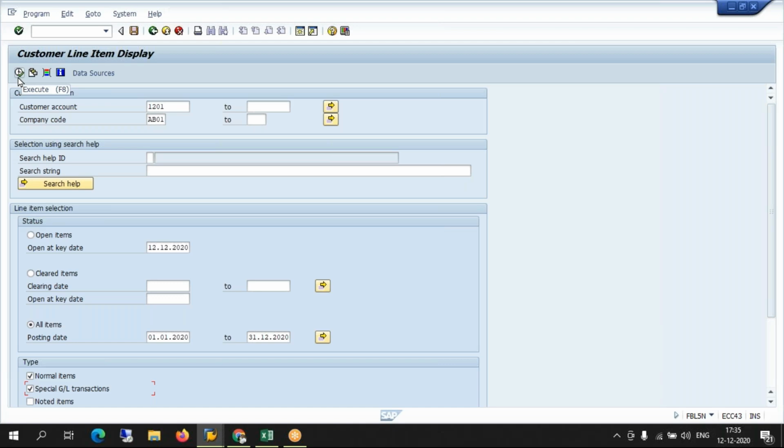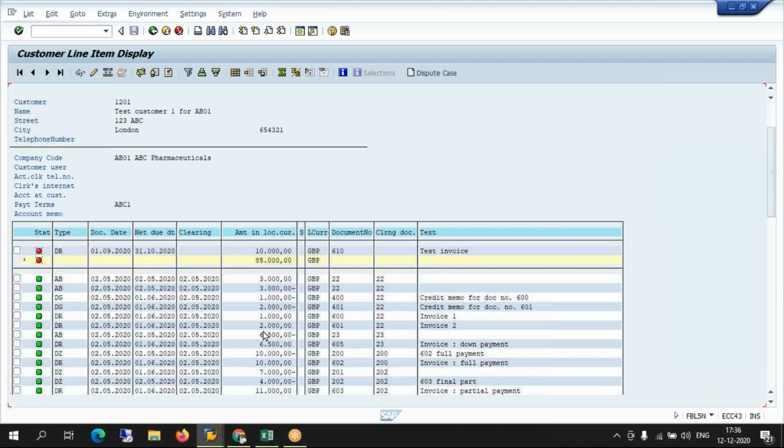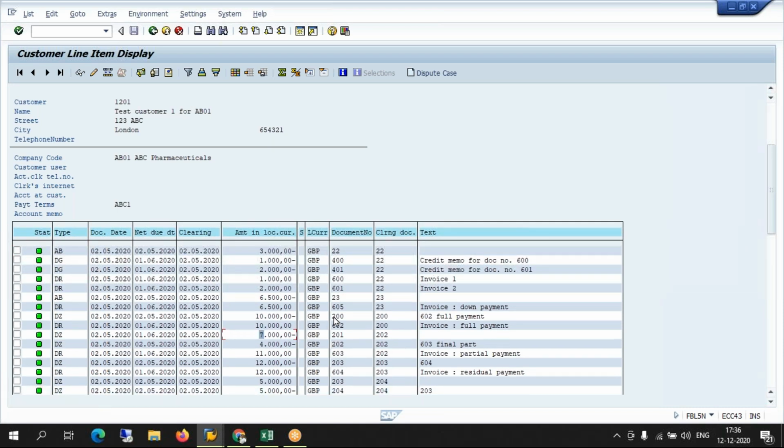It will go to the backend to wherever customer related information lies. All the customer related tables, it will fetch all of them, execute, and throw it back to me in this very screen. So now I know 85,000 pounds is what is due from this customer. It also shows other reports: customer clearing, invoice, credit memos, payment, full payment, partial payments, residual payment, how it is done, down payment status.